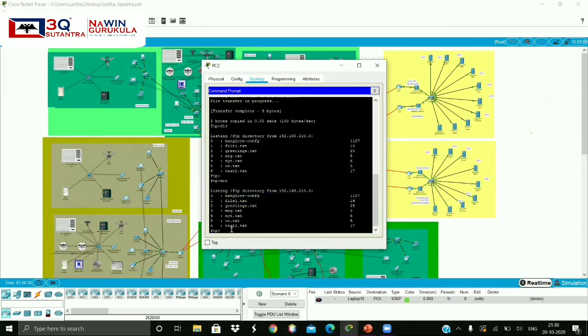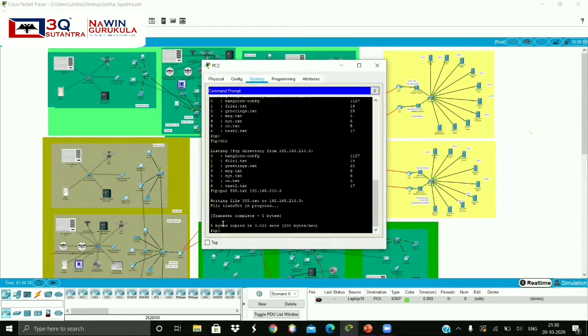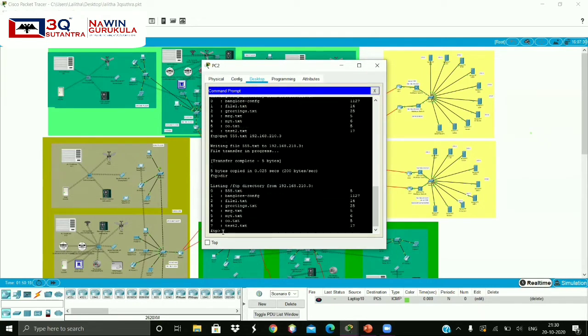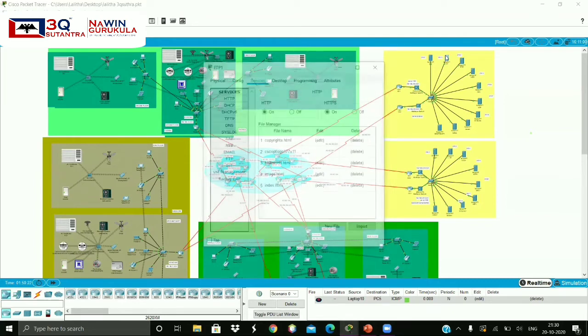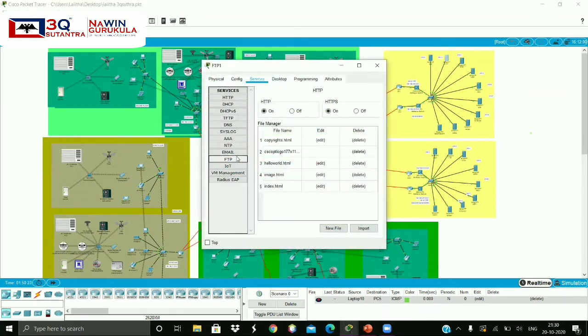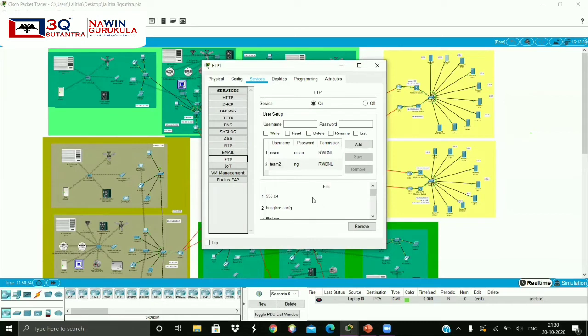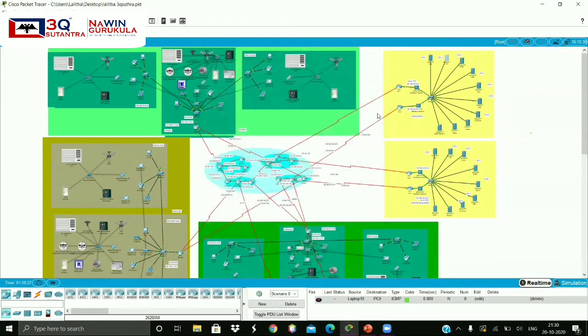If you want to put that file, use the command put 555.txt and the IP address, that is 192.168.210.3. So the file will be transferred. If you check now, the file is present here, 555, and you can also cross verify it in the server. It is also copied here, so the 555.txt is present. This is how the FTP server works.